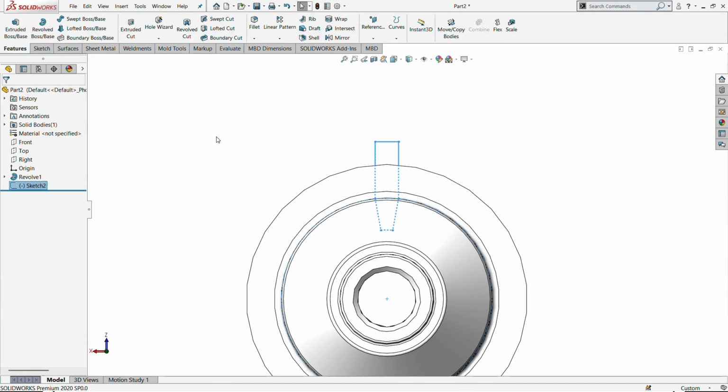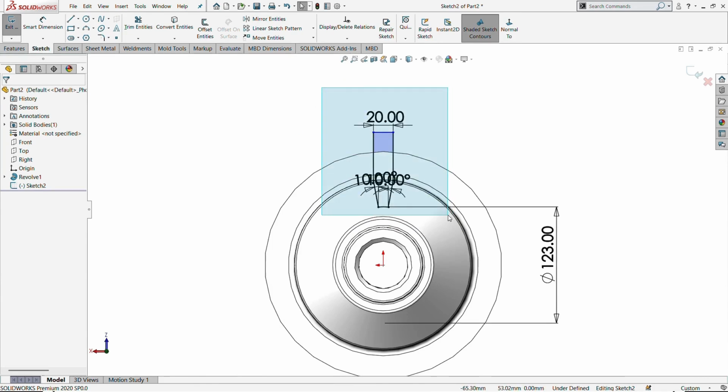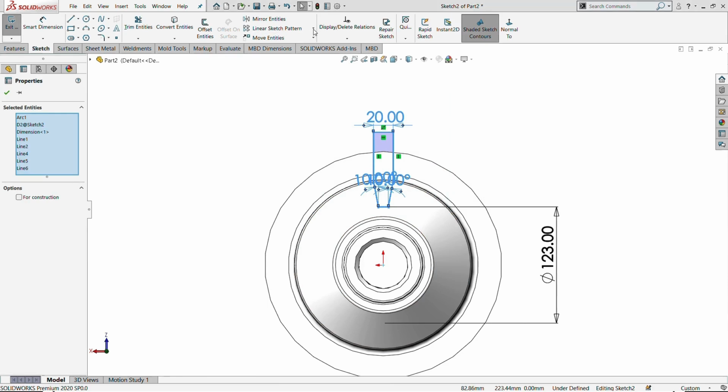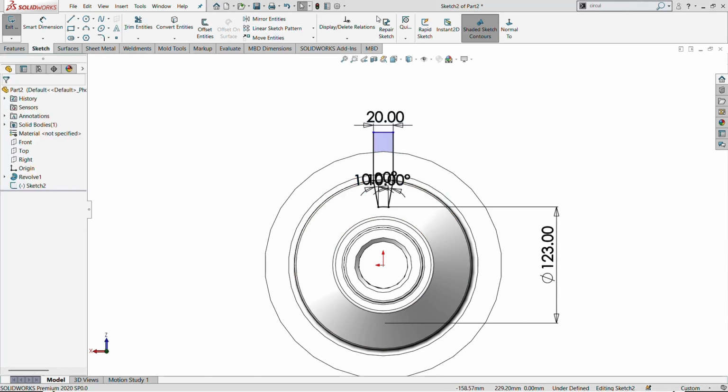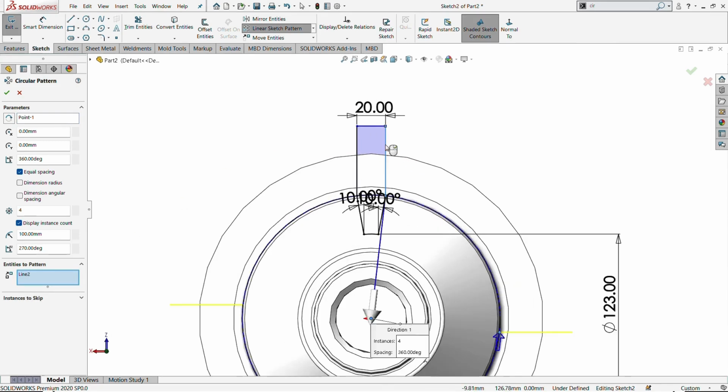Then either you can use this profile to create a pocket, or we can go to the previous sketches again and form a pattern by using that. Now select the circular patterns at the top of its portions, or you can simply type this command in the command line area. Either you can pick directly from the command manager or type a command in the command line area. Now I type a command of circular sketch pattern,